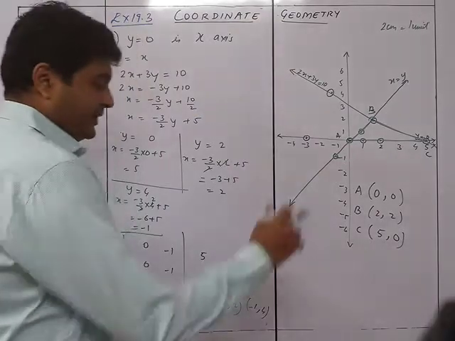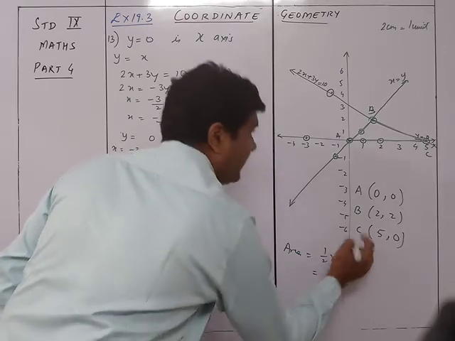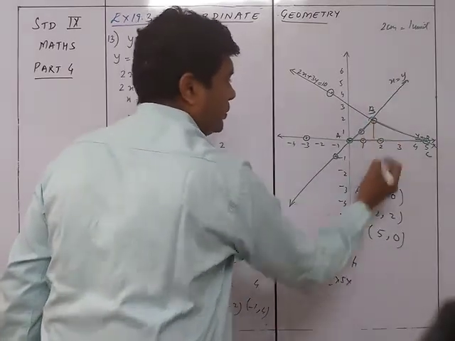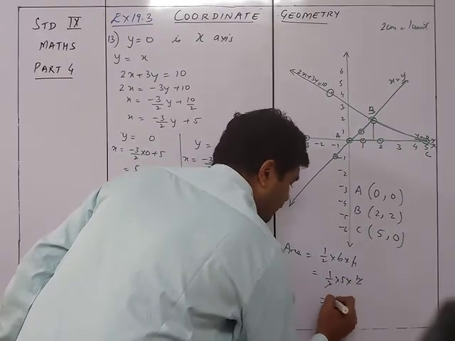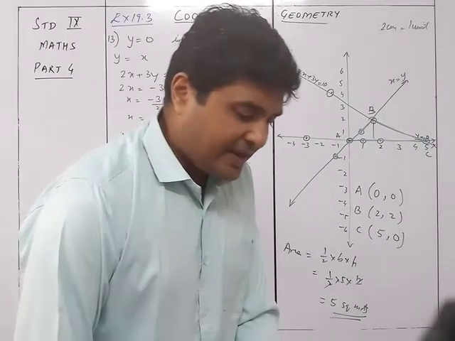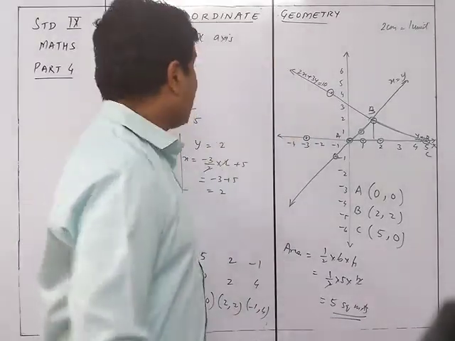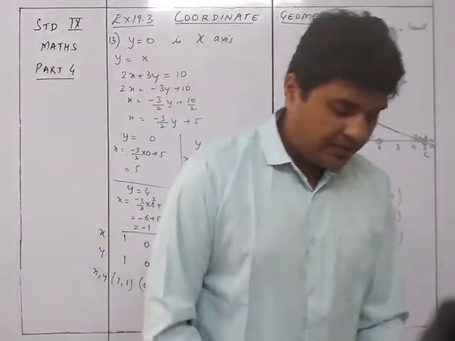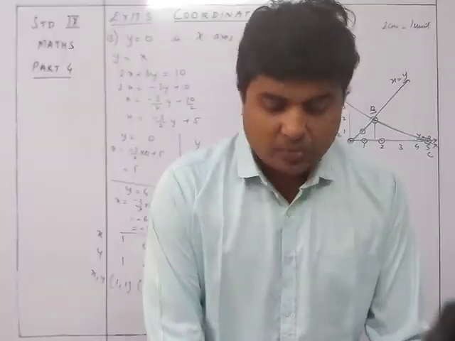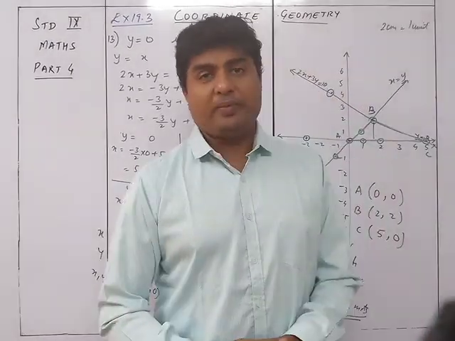Okay. And then the area, so area is equal to half into base into height. Now the base is nothing but 0 to 5, so it is 5, so it is half into 5 into height will be equal to 2, so into 2, so that is going to give you 5 square units. Okay, so that will be 5 square units as the answer for sum number 13, and that's the end of the exercise 19.3. A very simple thing which you have already done in the 8th standard also. So quite an easy one. So okay, we now continue with the next thing, that is distance formula, but in the next video.